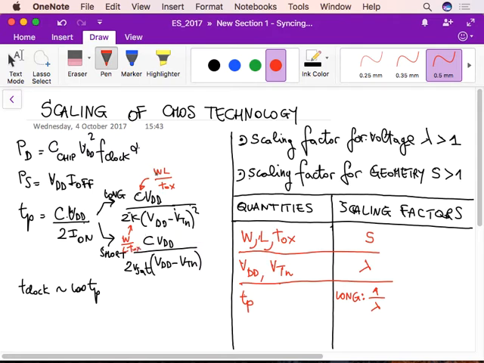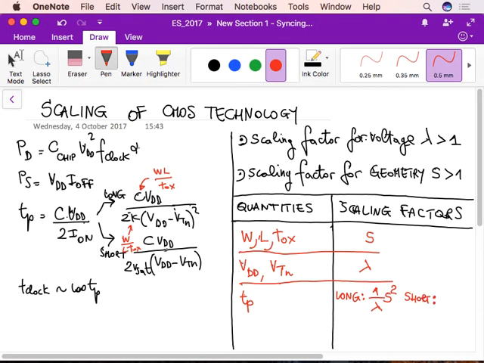So you see that W and Tox are not important. L is to the power of 2, because it is in the numerator, it is in the denominator, but as 1 over L. So it is proportional to L square, and therefore we have an S square here. S square over lambda. For the short transistors,